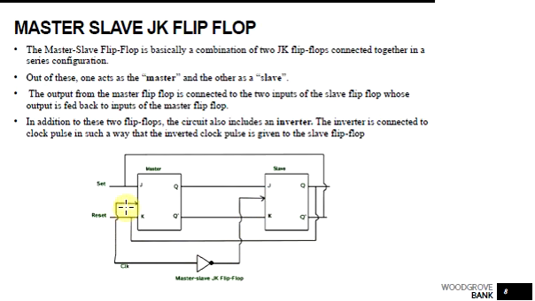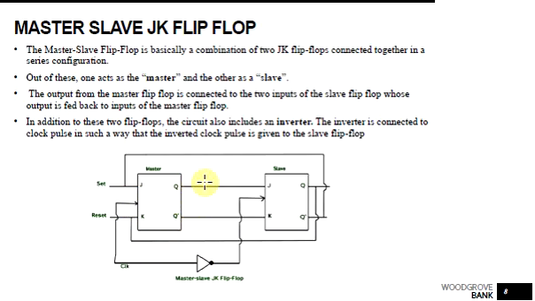So when the clock pulse is high, this flip-flop will be active and this will be inactive. That means when the clock is high and we give input here, correspondingly you will get Q and Q bar here. But as soon as the clock pulse goes negative, going downward, this will be active. This is an inverted one. So when there is a negative triggered pulse, this clock will be active and this will be inactive.